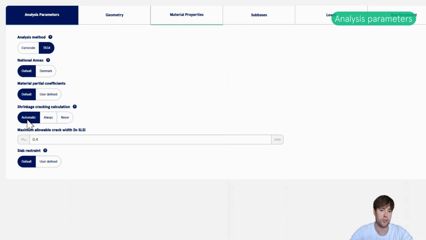Then you can also decide what to do with the shrinkage cracking calculations. You can choose automatic, in which case the program will determine by itself whether it's relevant or not to show the shrinkage cracking calculations. Or you can choose always, then the program will always show the calculations no matter what.